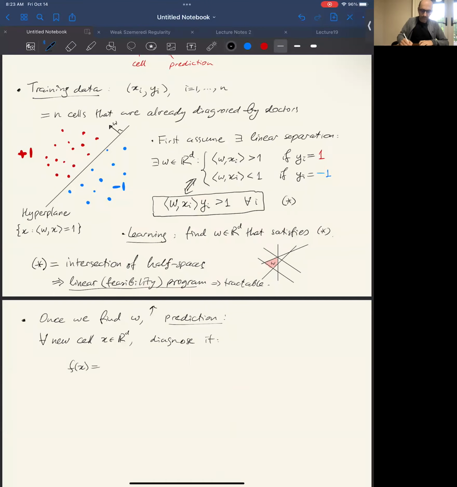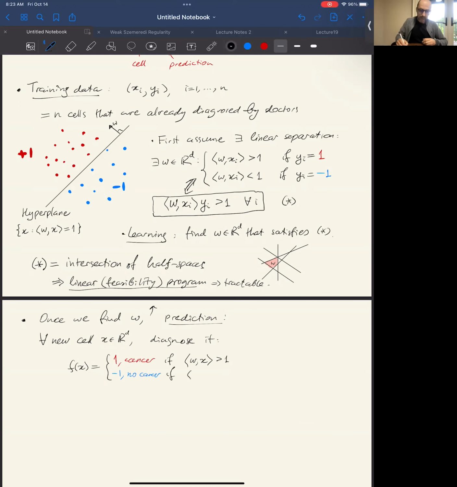So our diagnostic machine would output 1, which is cancer, if the point lies on the cancerous side. So if Wx is greater than 1, and -1, which is no cancer,